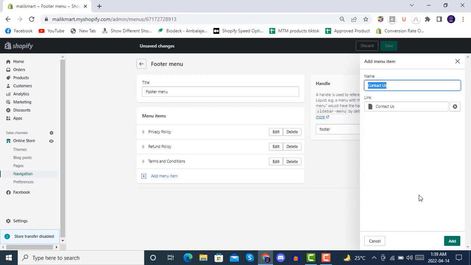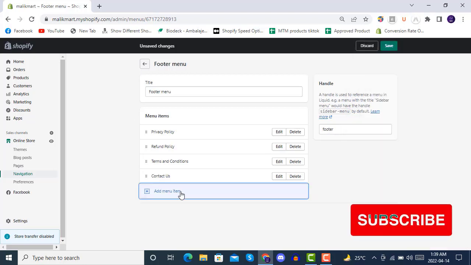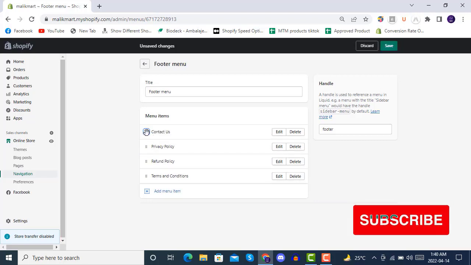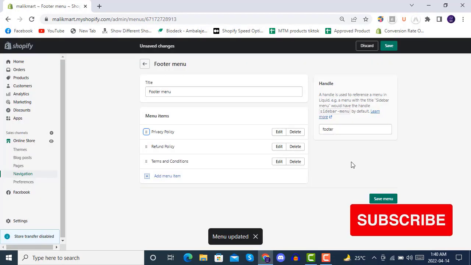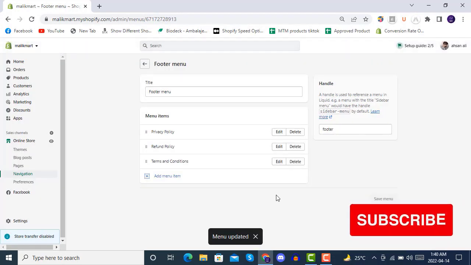and I think here we have contact us at the default. You can also put this up here. Click on save menu, or you can just delete this from here. So up here, now you can see the menu that has been created and how these menus work on the